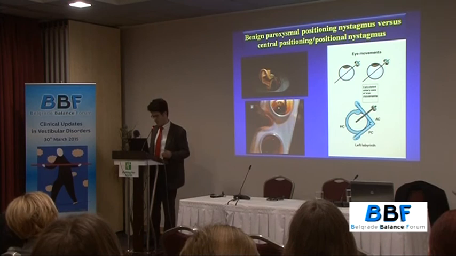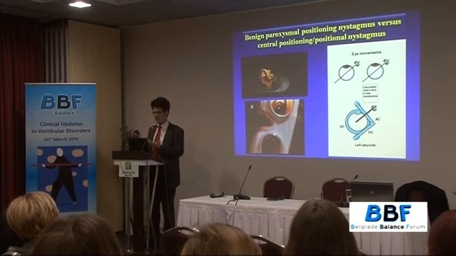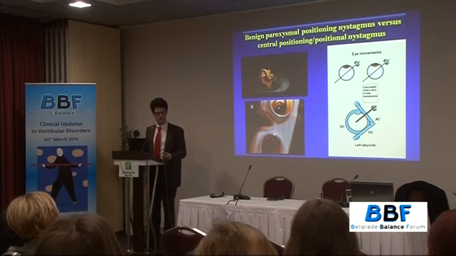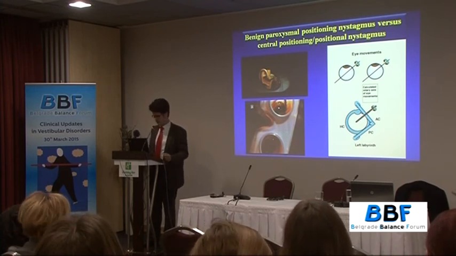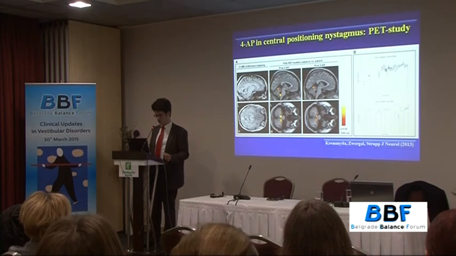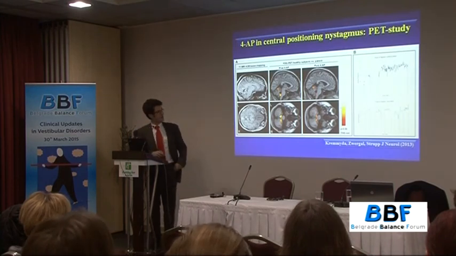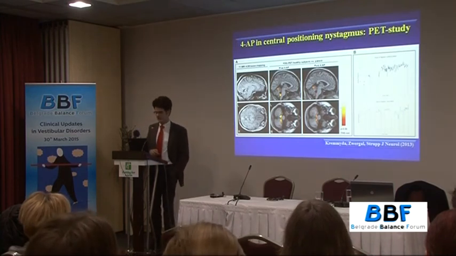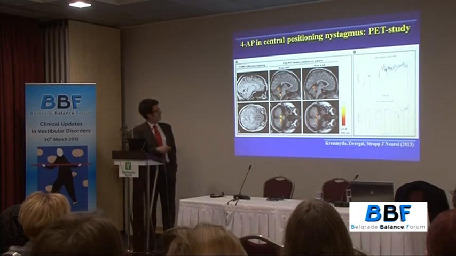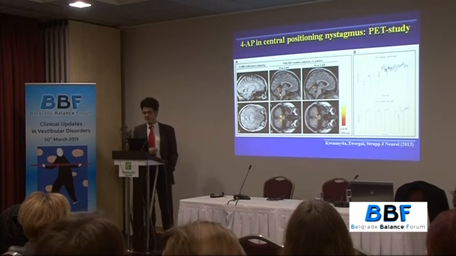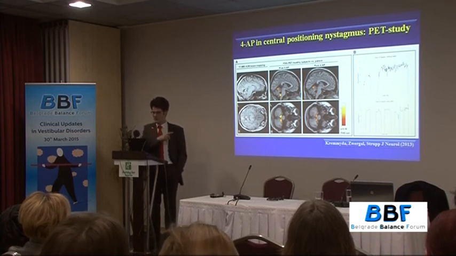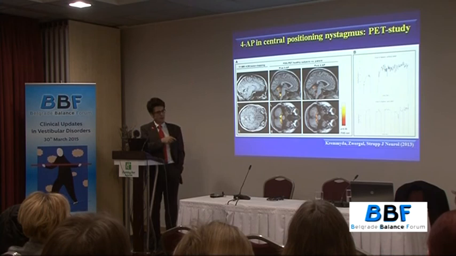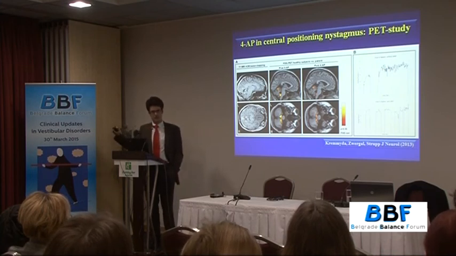And we saw that from Professor Kim also, that these central positional nystagmus forms can be very variable, but they don't fit the semicircular canal. So again, you see we have one favorite drug, which is 4-aminopyridine, but actually it still works also in this case. Because as you heard formerly, we use it for downbeat nystagmus, but you can also use it for positional downbeat nystagmus because we have a similar